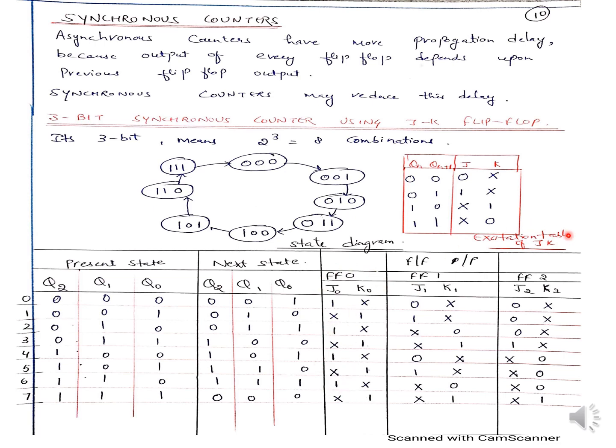Okay. Now what we are going to do is, I'm explaining here because if I go to the next slide, this voice is just deleted, so it's really difficult to explain it. So I'm just explaining it here and then I will show the K-maps in the next slide. First we will do the state diagram, then the truth table, and next the K-maps. We will do 6 K-maps: 1 K-map for J0, 1 for K0, 1 for J1, 1 for K1, 1 for J2 and 1 for K2. So there will be in all a total of 6 K-maps.